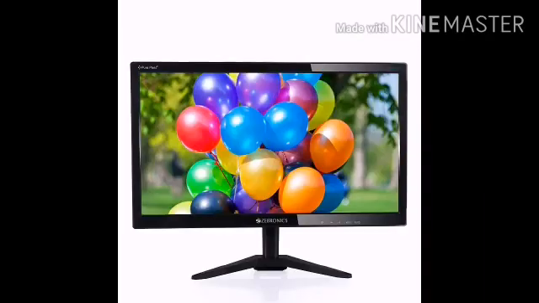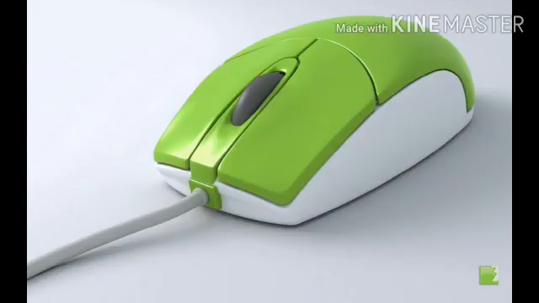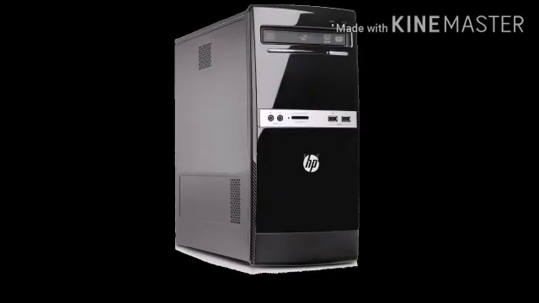The main basic components are these. This is a monitor, it is an output unit and it displays something to the user. This is a keyboard. It is an input unit through which we give instructions to the computer. This is a mouse. With the mouse also we can give input to the computer. This one we call the CPU, Central Processing Unit. It is the brain of the computer. All the processes are done within the CPU.